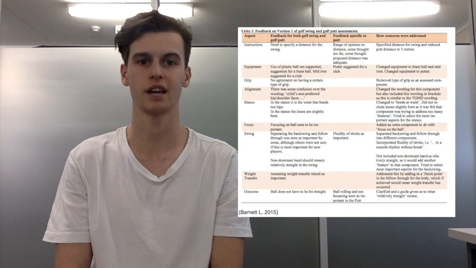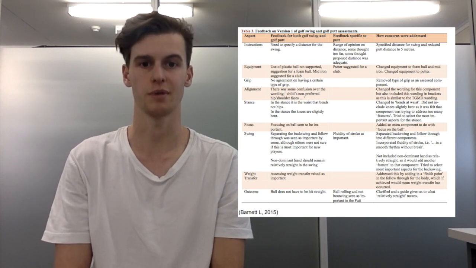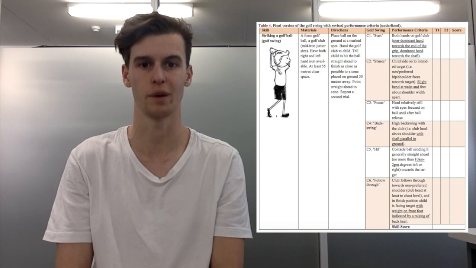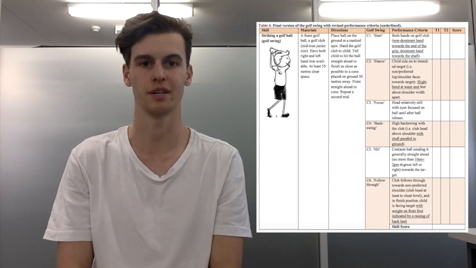There are multiple key components of a golf swing which are outlined in a study done by Barnett and Co., highlighting the basic aspects of a golf swing to teach children. The table shows a number of key components of the swing, such as grip, stance, swing, and weight transfer. This can help us identify which components need to be broken down to teach and how to structure the 4-week program for a novice. As the learner progresses through the 4-week program, they should be able to integrate the key